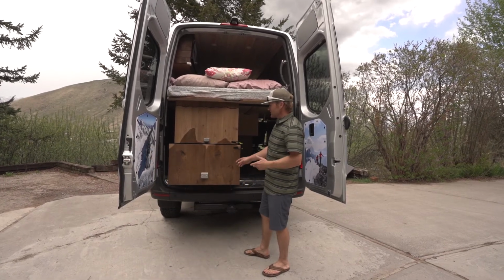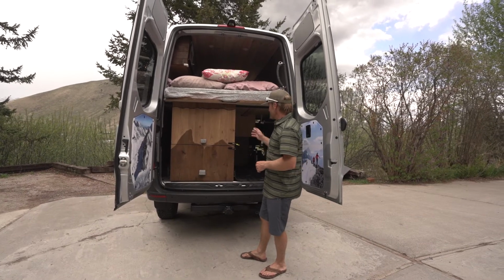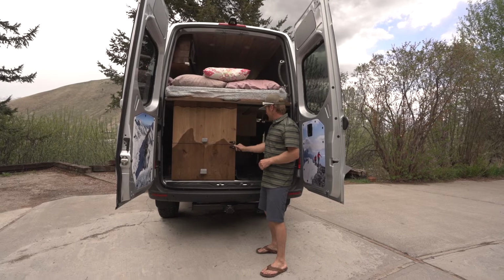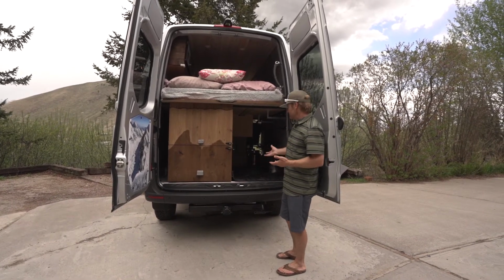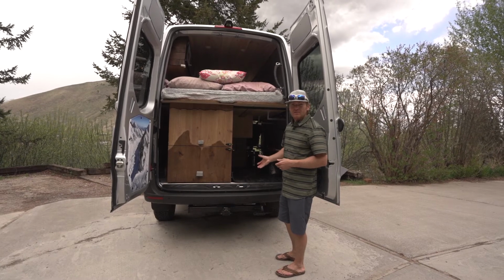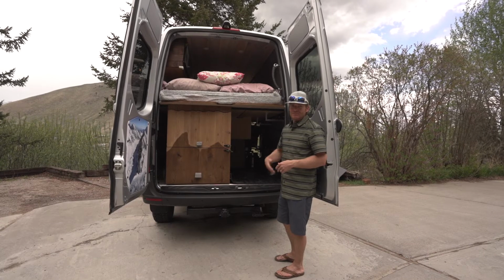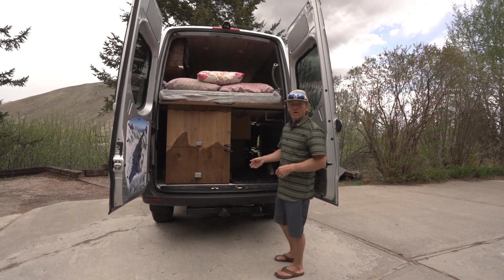So this is a design after 2 other vans and a lot of living in the van. I feel like this is the most efficient use of this space. And then on the right side, I have just a rubber truck bed liner, actually, that we threw a wet dog in here last night, and it was great because you just can wash it out and not have to worry about things getting water damage, because it's